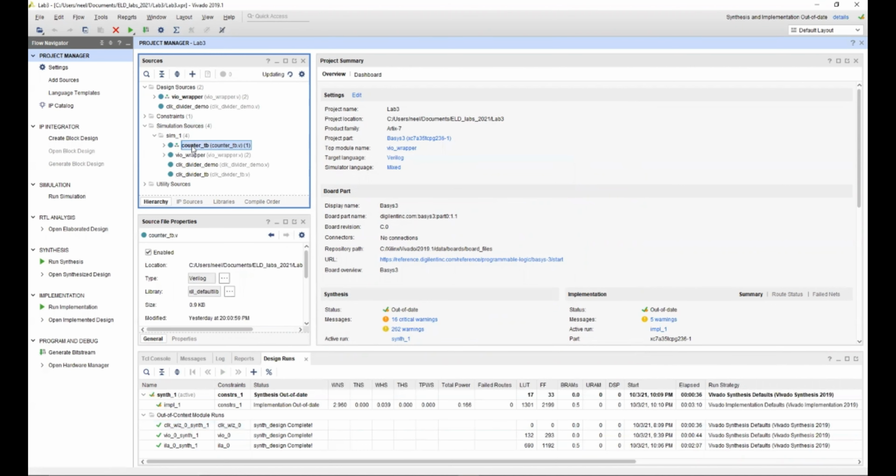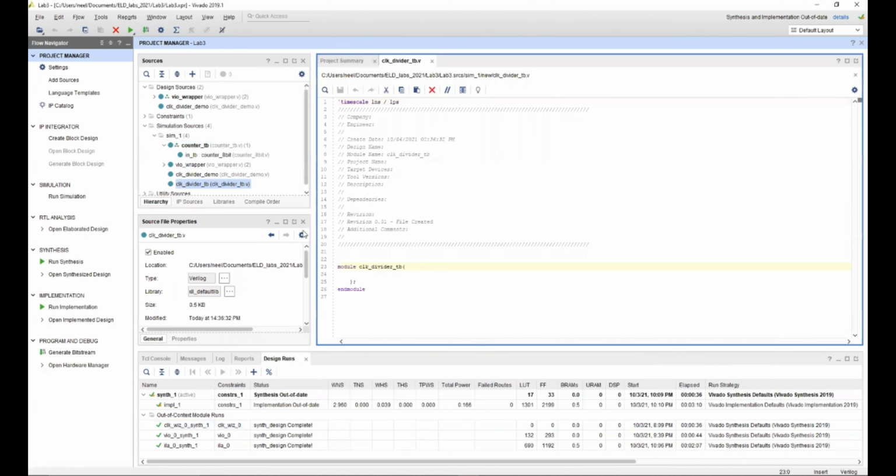Before starting with the clock divider circuit itself, let's create our input to the clock divider, which is a clock. Firstly, we'll need to initialize the clock divider demo inside it.